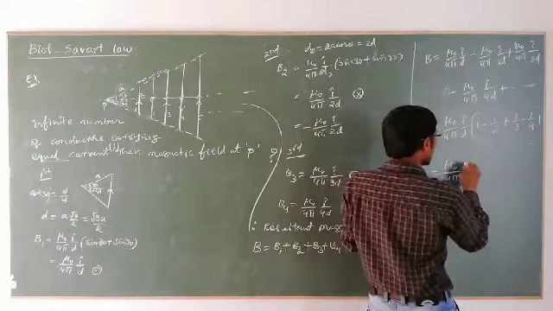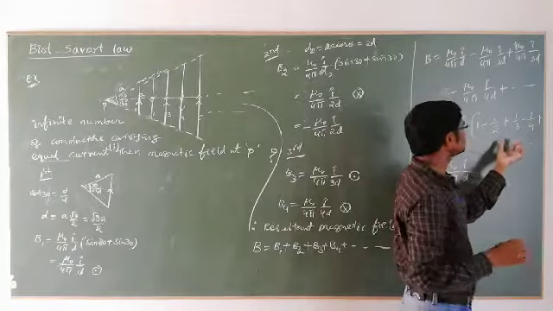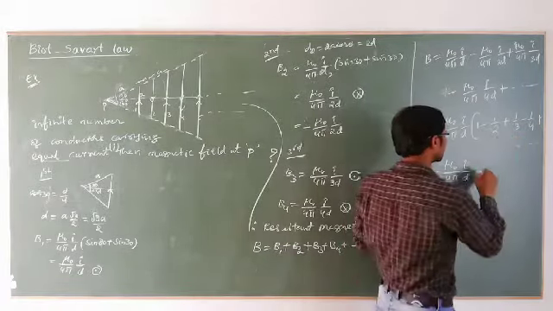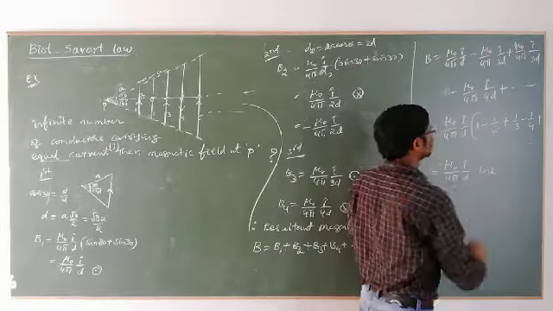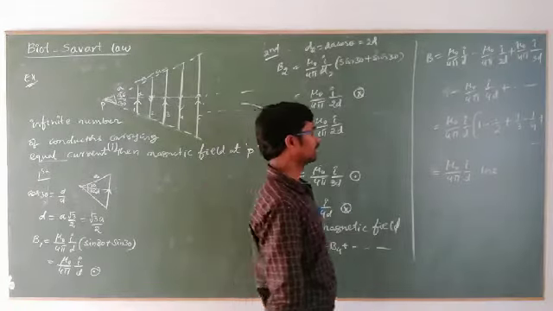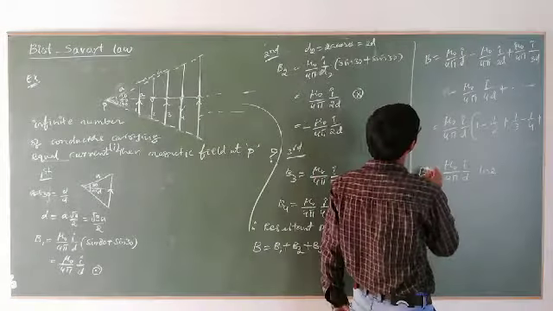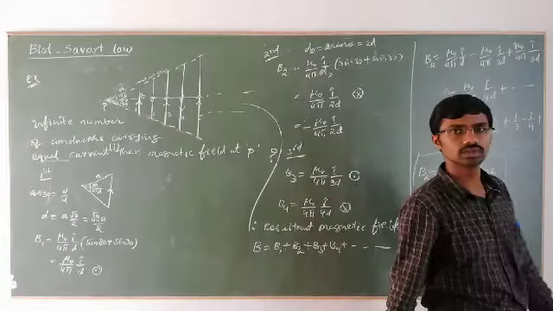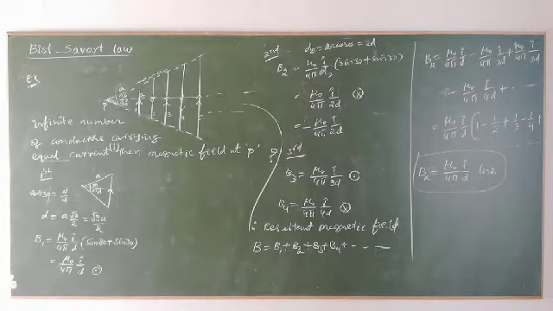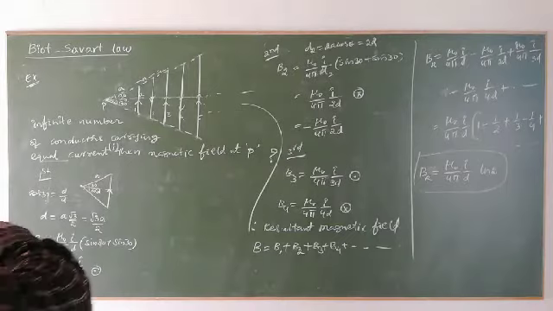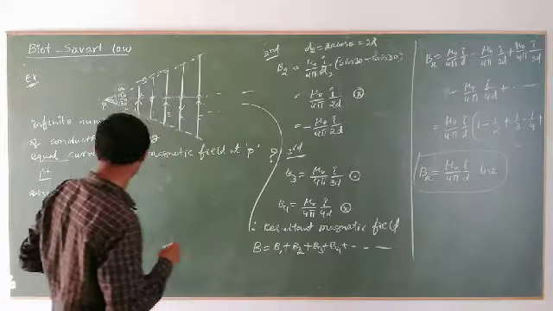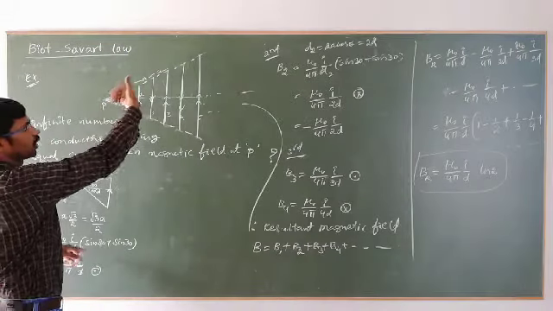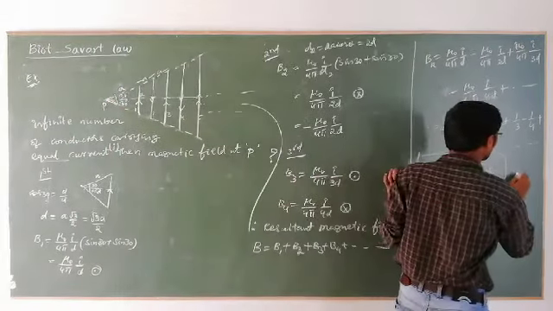That is equal to mu naught by 4 pi I by D, and this is nothing but the expression for ln2. Then the resultant net magnetic field is equal to ln2. Then what will be the direction of magnetic field? Here we need to find the direction. The nearest one will have more magnitude than outward. Let us take it is outward.